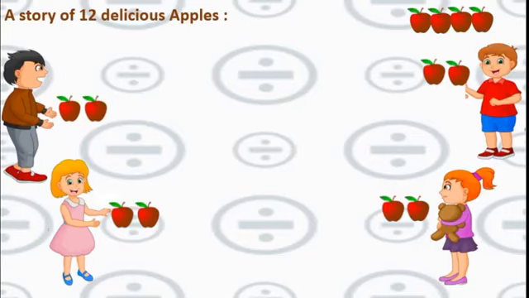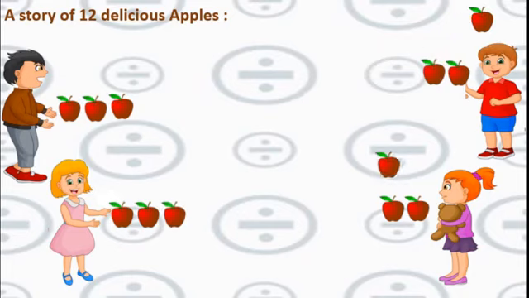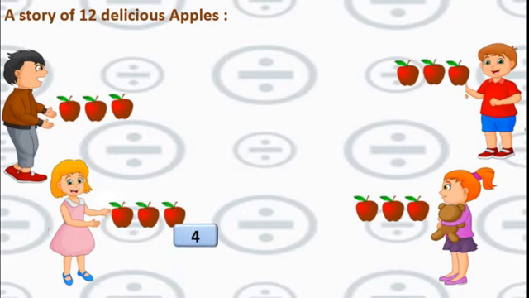Again we will distribute these 4 among these 4 students. Come on, take this. You also take this. You take this, and this is for you. Okay. Now students, here we can see 4 students are there and each child got 3 apples. Number of apples became less. See, 4 students multiplied by each child got 3 apples. So I am multiplying this one by 3.